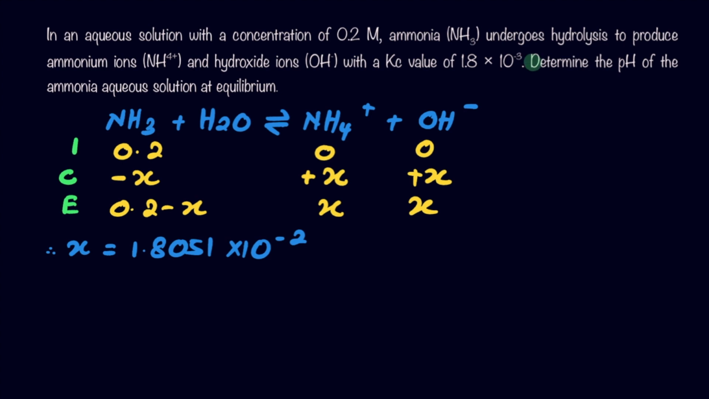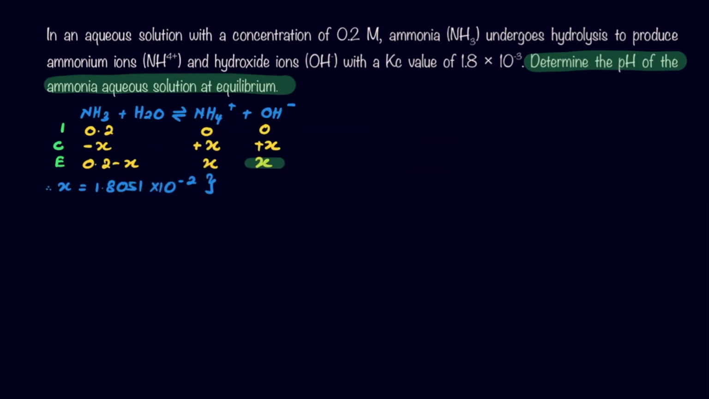Right, so you were asked to determine the pH of ammonia aqueous solution at equilibrium. In order to calculate the pH, the first thing you need to look at is the concentration of OH minus. Apparently, the concentration of OH minus is equivalent to the value of x. So we can now calculate the pOH. pOH is equivalent to negative log of OH minus. So we're just going to plug in the value of x that we get,